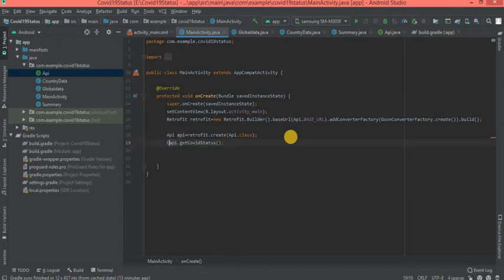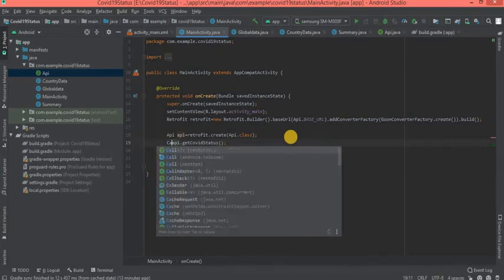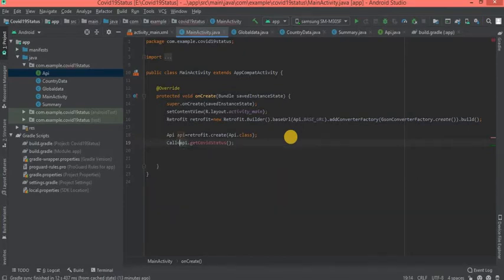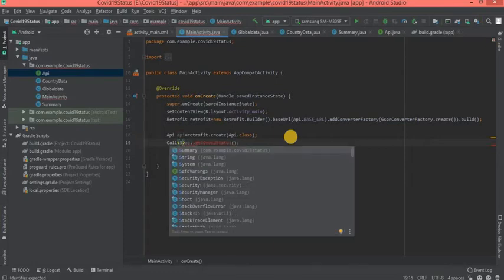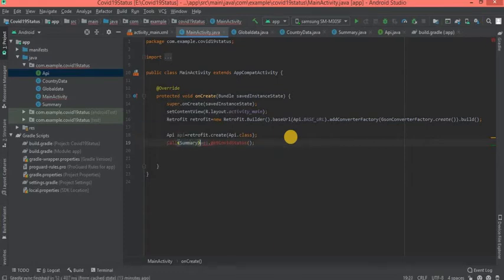To store the result we need a Call object, so that we are having summary data. Just press Alt Enter to import the package.